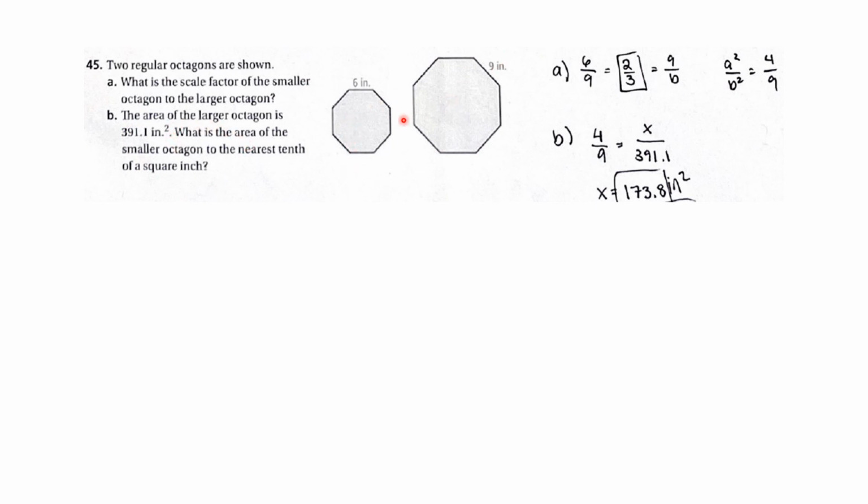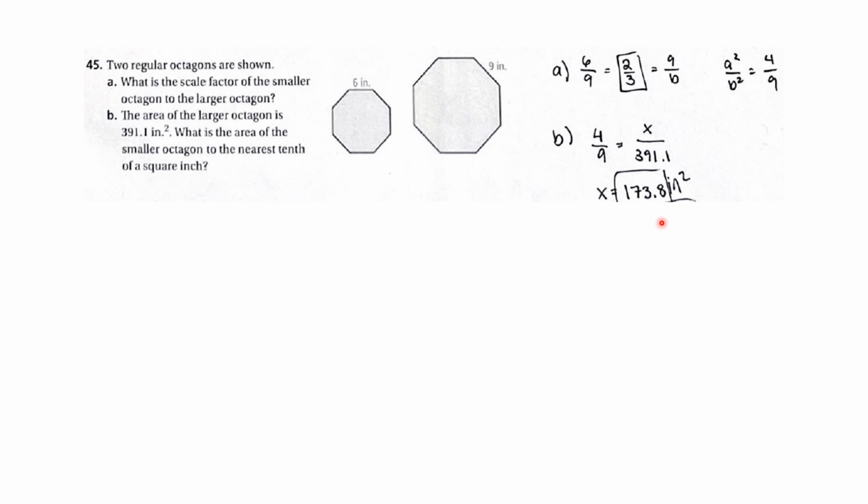So since we have similar octagons here, right, they're regular, so we know that they're similar. Rather than having to do all the trigonometry stuff and figure everything out, we can just use the area ratio. So I know that my area ratio, A squared over B squared, will be 4 over 9. And I can just say, okay, 4 over 9, right, smaller to bigger, is going to be smaller to bigger of the areas that I know or don't know. So this one's going to be an unknown, and this one's 391.1 inches squared. I can just plug those into the ratios that I know and cross multiply and solve, and I get 173.8